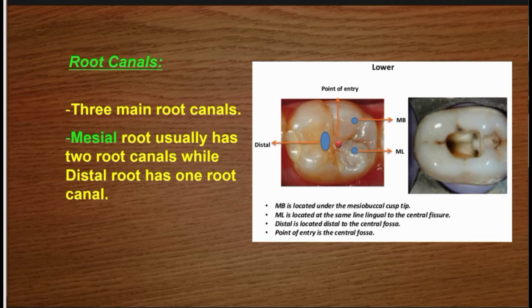So this is the thing. Mesiobuccal is located under the mesiobuccal cusp tip. This is the mesiobuccal cusp tip. Mesiolingual is located on the same line, lingual to the central fossa. Distal is located distal to the central fossa. This is the central fossa. Just after the central fossa,